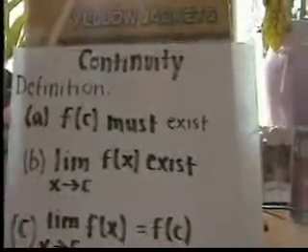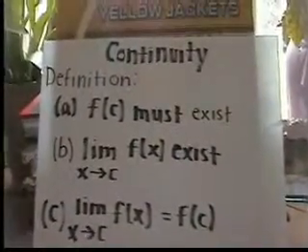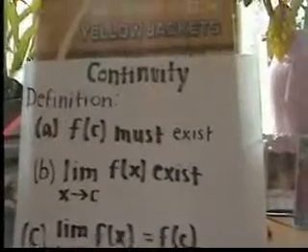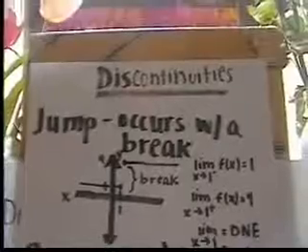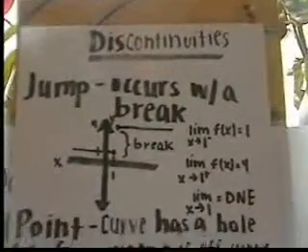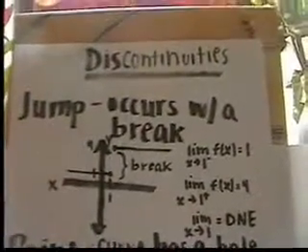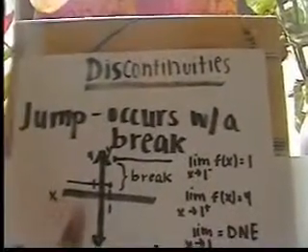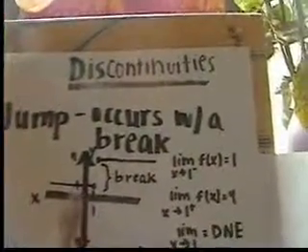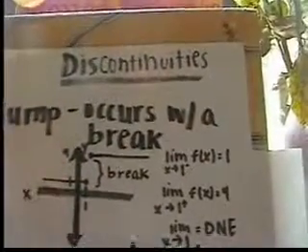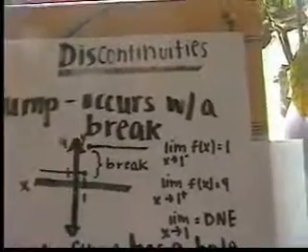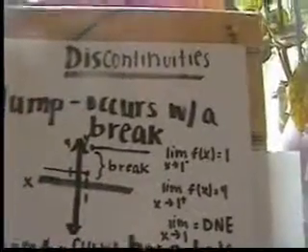Just as north has south, east has west, and up has down, continuity has the opposite, which is discontinuity. Of the many discontinuities, there are four. The first one is jump discontinuity, which occurs with a break in the curve. As shown in this graph, as x approaches 1 from the left side, the value is 1. As the limit approaches from the right side, it equals 4. There's a break in the graph, therefore making the limit as x approaches 1 of f of x